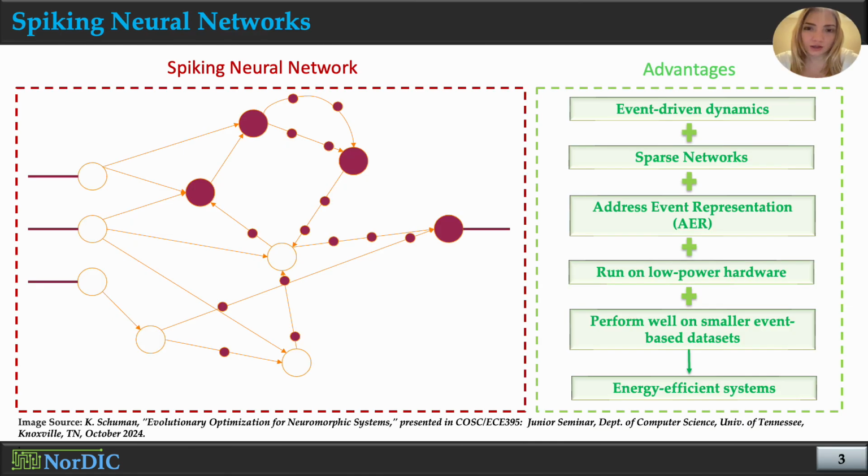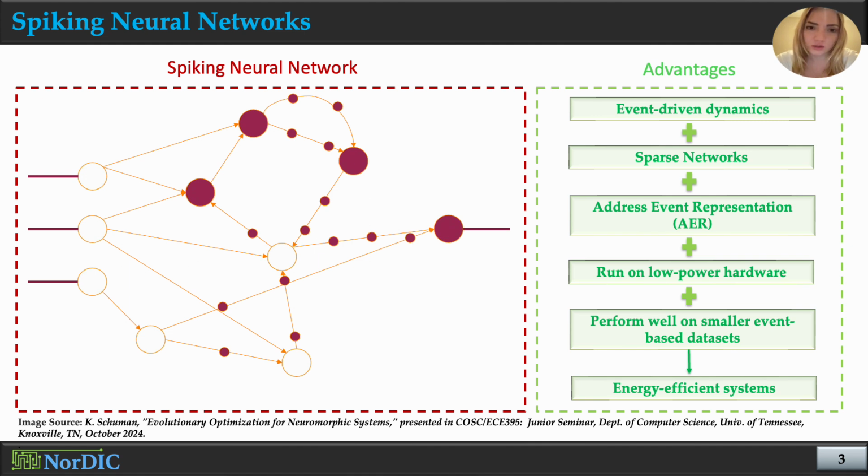Contrary to traditional DNNs, spiking neural networks, or SNNs, tend to be sparsely connected, mimicking biological neural behavior through the interaction of neurons and synapses. In these networks, neurons communicate through discrete spikes, rather than the continuous valued signals used by DNNs. Each neuron stores a single value called potential, and each synapse communicates a temporal spike event that travels with a certain delay from a pre-neuron to a post-neuron.